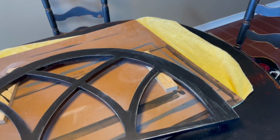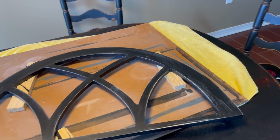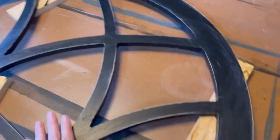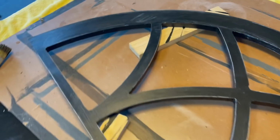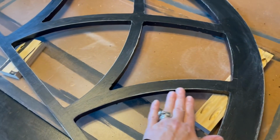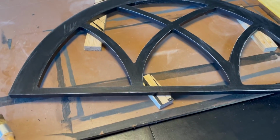So I brought it back in and I just kind of covered up those areas. I don't care that it looks messy because now that that's dry, you can see where I've kind of gone over the edges. I finally decided to scrap the 60 grit and I went with 150 grit and I just went around the edges. Some of it's more than the others. So now I'm going to take this